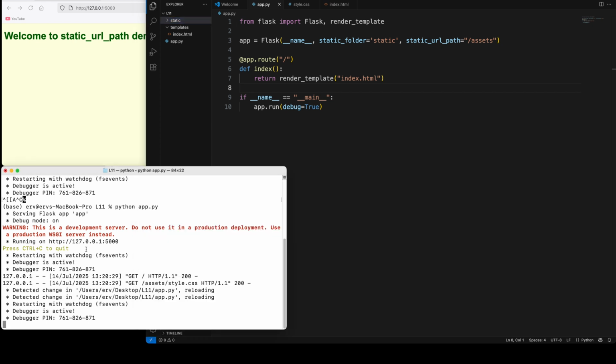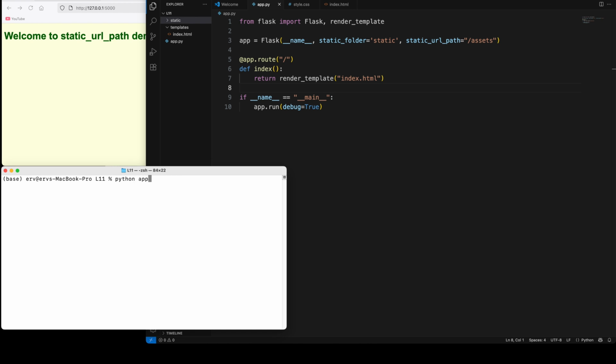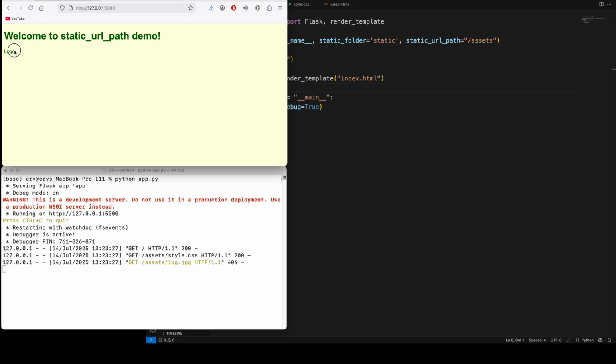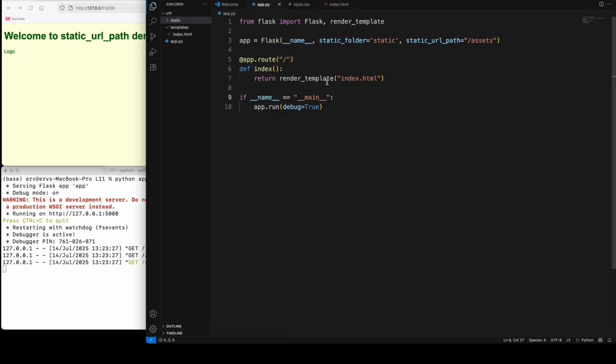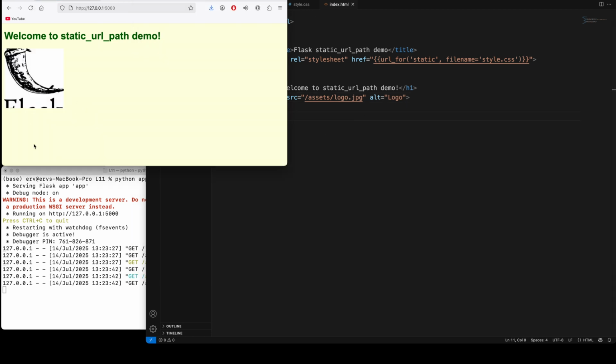All right, so again clear this, rerun the entire thing, and this just says logo because it hasn't found the file. logo.jpg, let's see if that is... oh, I typed log.jpg, so that was my mistake. Now when we refresh this, we see